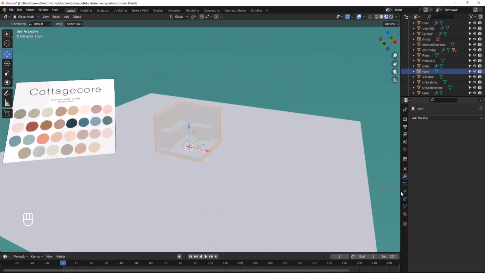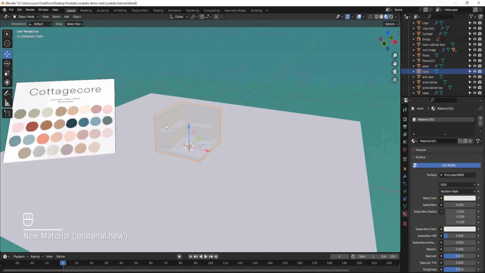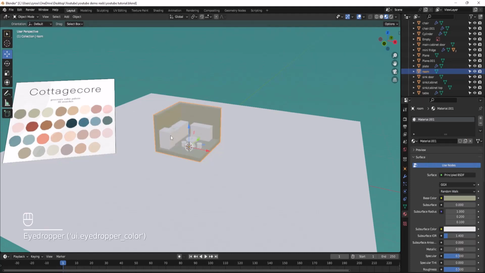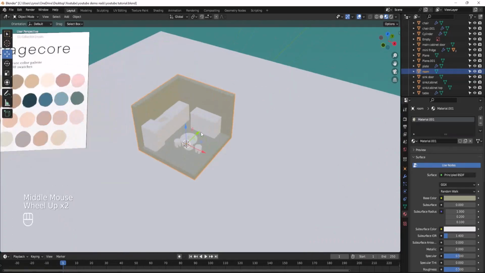I'll come to my property tab, go here, material properties, then click on new. So by clicking on new, I will create a new material for my room here. So the base color, this is where you change the color of the object. So I will use my picker here and choose maybe this color for my room. Okay, then